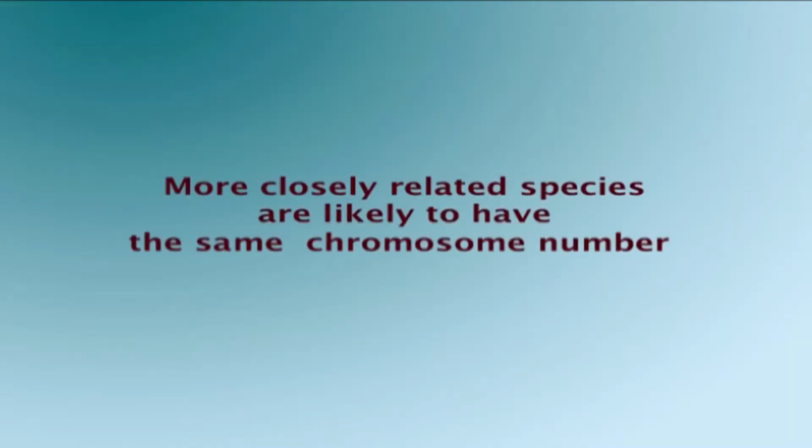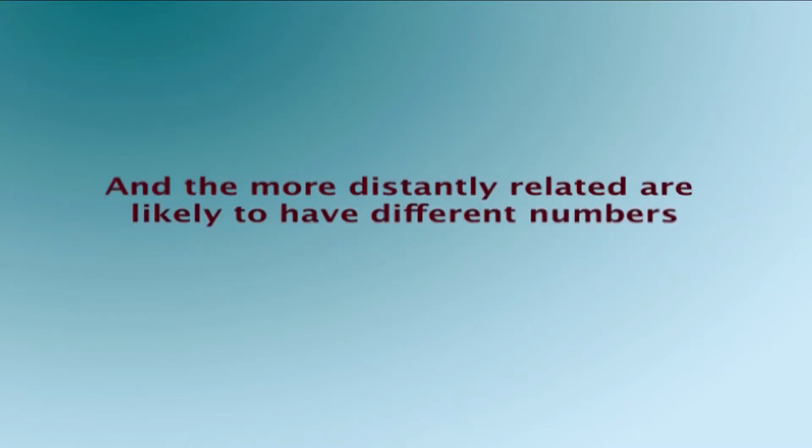The more closely related species are likely to have the same chromosome number, and the more distantly related are likely to have different numbers. This relative conservativeness renders chromosomes an important and much used taxonomic character, and is in fact just about the only biosystematic evidence which is consistently recorded in standard floras and the like. Usually, the information is provided in the form of the diploid number, that is 2n.